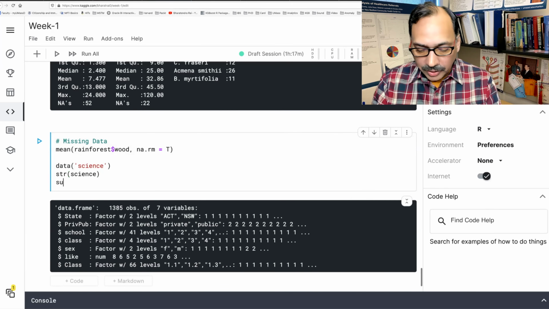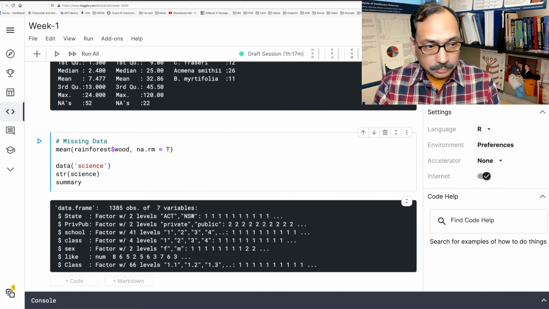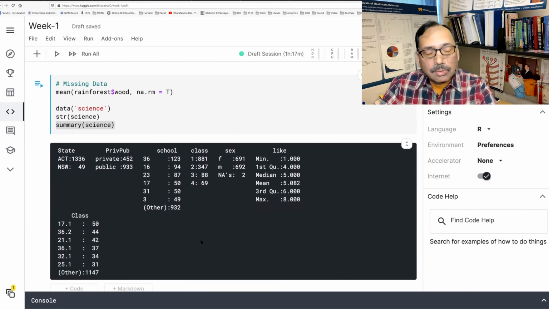If you do summary science, the situation like life is much easier here. There's only one variable which has two missing data points. So it's not that bad compared to rainforest.